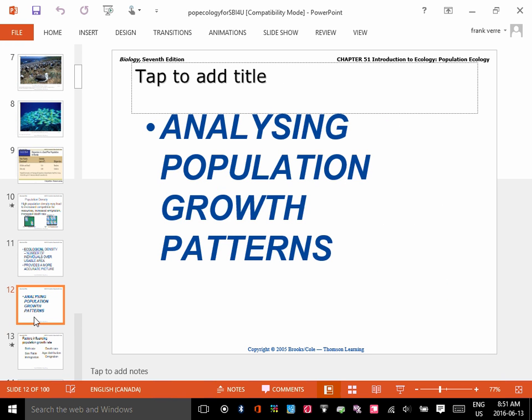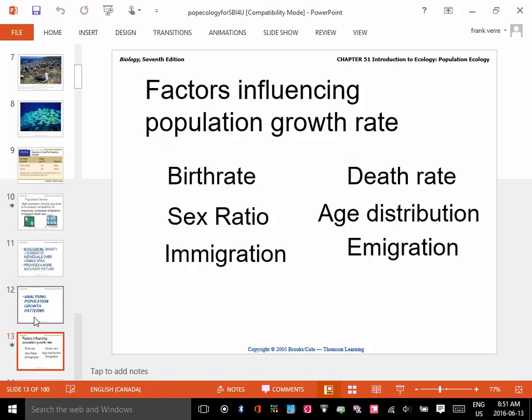Okay. So today we're going to talk a little bit about population growth patterns. Again, tomorrow we'll model it mathematically. So today we'll talk about things that will affect growth patterns. Here I put up 6 on the board. I'm going to ask you a question: you tell me how each affects the growth rate.